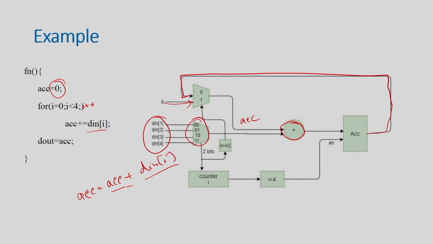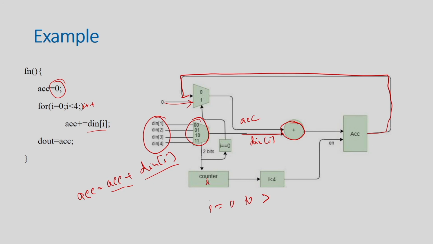So, that will choose the appropriate value from d1 to d4, and then this will send it here. So, this is my d_in, basically, right, and this calculation will be done, and it will be put into the accumulator, right. And we have a counter I, which will count from 0 to 3, right. So, whenever this I increments automatically from 0, 1, 2, 3, and whenever it becomes 4, it will automatically reset to 0, right.